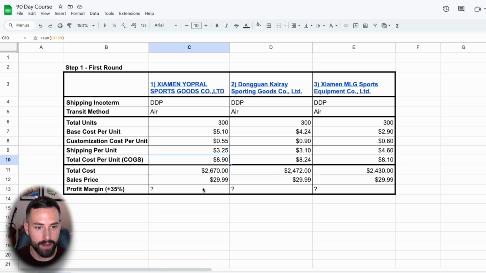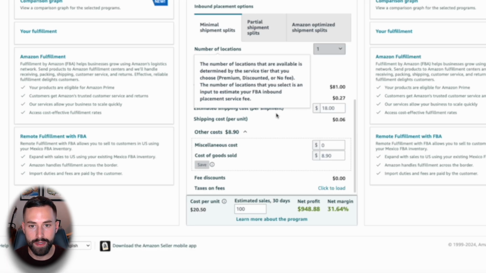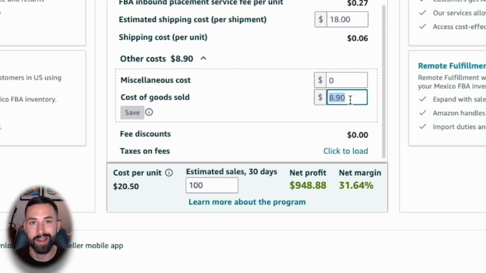So let's go back here. We'll add this in and we'll round it up, 32%. And now what I'm going to do is go to the second and third supplier. I'm going to run those calculations again and then enter the profit margin. And all you have to do is go to the cost of goods sold, because that's the only thing that's changing amongst the suppliers, and just change the cost of goods sold and